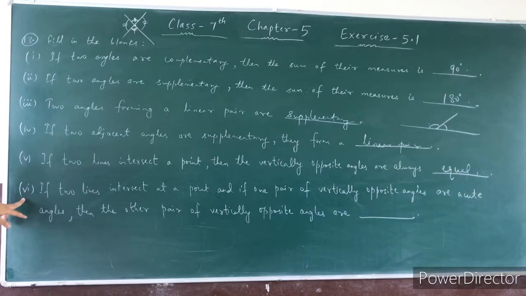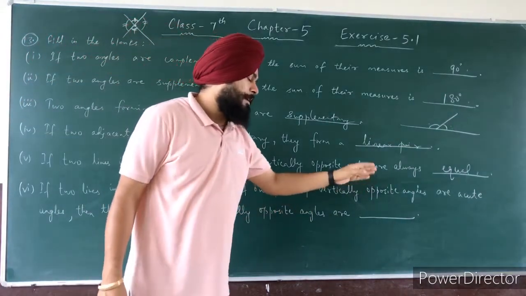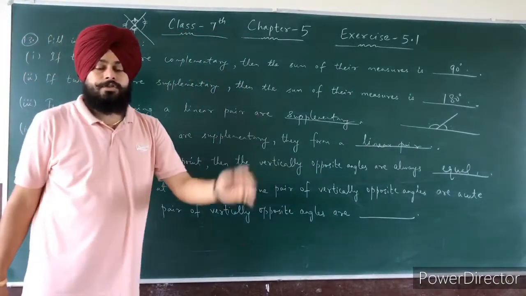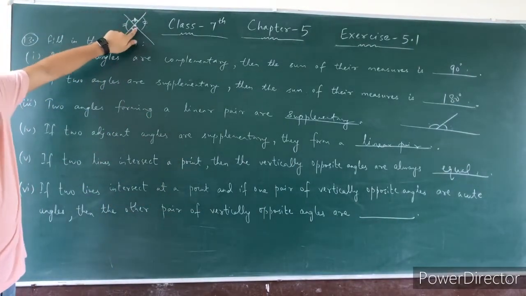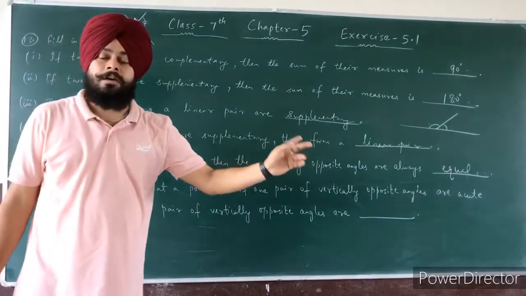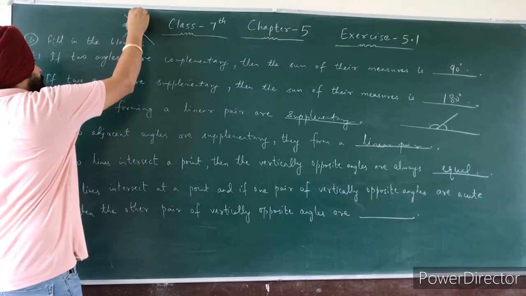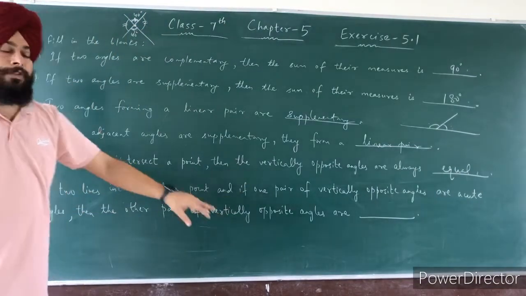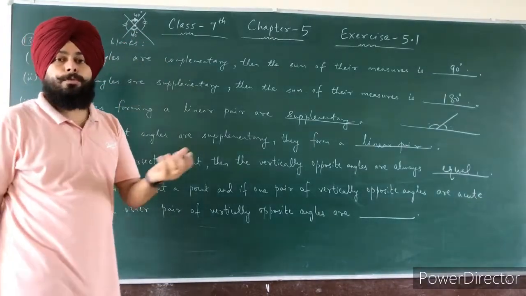Alright. Now question 6. If two lines intersect at a point, and if one pair of vertically opposite angles are acute, then the other pair of vertically opposite angles are dash. So same question is already. लिखा है कि अगर कोई two lines intersect कर रहे हैं single point पे, if one pair of vertically opposite angles are acute angle, suppose कर लो ये angle है 40 degree, it is also 40, then the other pair of vertically opposite angles, फिर जो दूसरा pair होगा, वो क्या होगा, it is right angle, acute angle, obtuse angle, whatever.